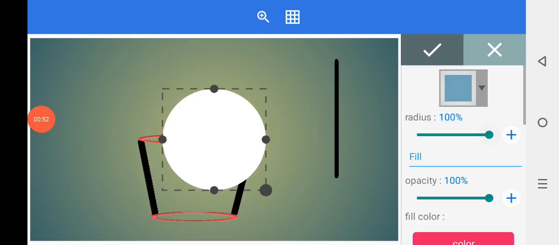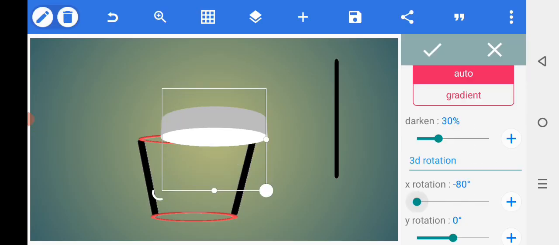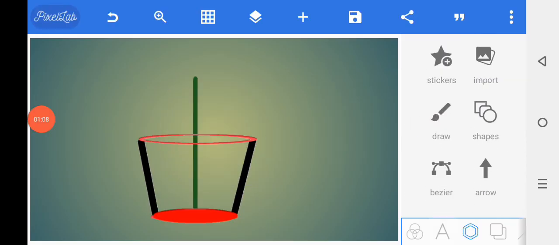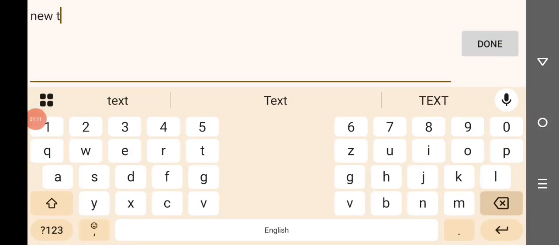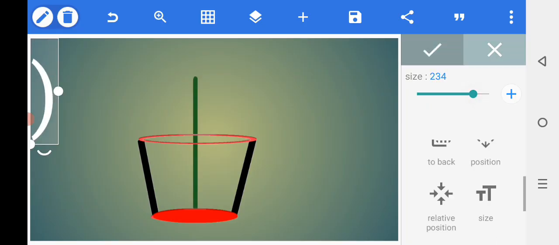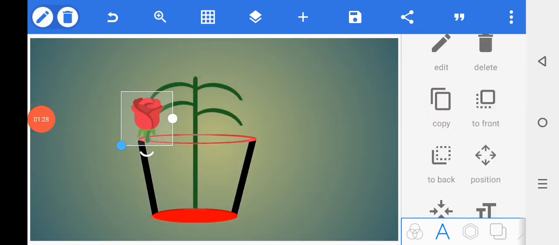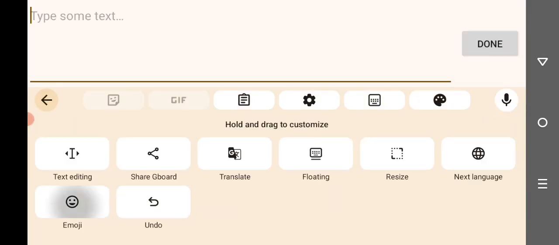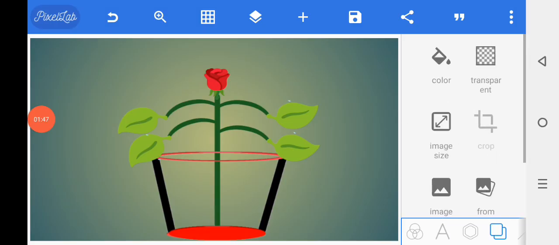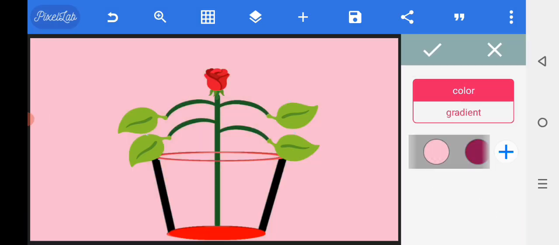Then select another shape, select the 3D shape, extension, change the color of the shape. Then select the text edit, select another shape, size the shape, change the color. Change the background color, adjust the color, duplicate the shape,